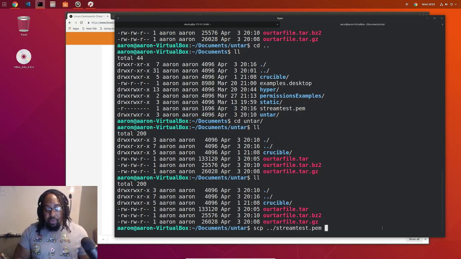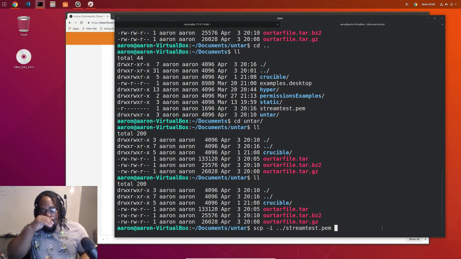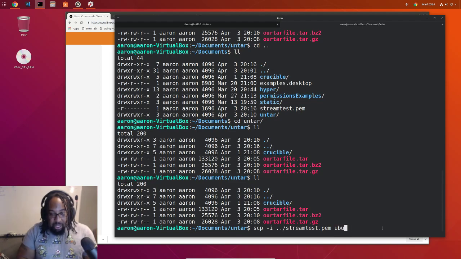So I'll do that. And then you give it, just like the copy command, actually I have to give it a -i. And the copy command is basically copy this file from the source, so from right here, copy this file that I'm about to tell it into this destination. So it's source first, destination second. And so that's what we're going to do here. So you got to give it the full